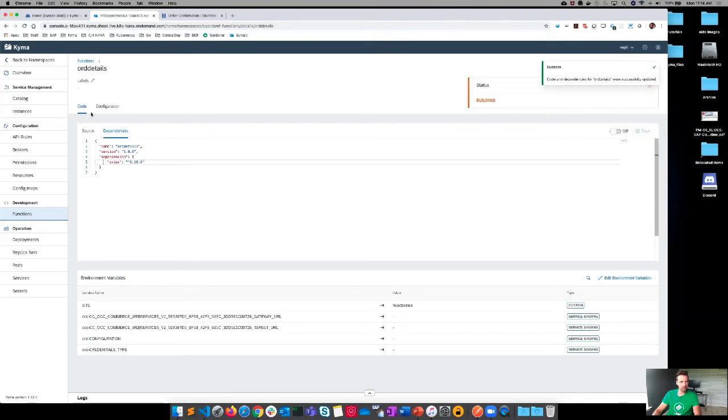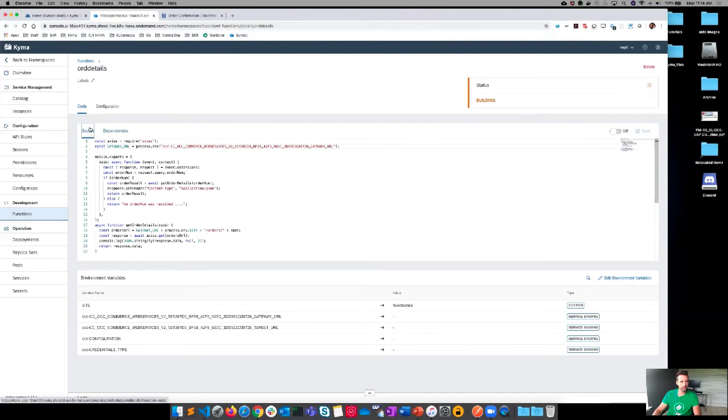And so let's kind of review what I just did. So looking at my code, what I do is I create a reference to Axios, which I added as a dependency, and also I create a reference to the gateway URL, which is the URL that provides me access to the API based off of that service instance that I created. And really what happens in this function, I'm just looking on the request query for a property called order number. And if I find that order number, what I'm going to do is call this function get order details, which